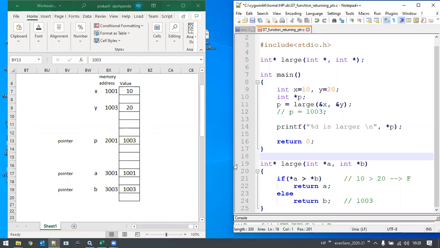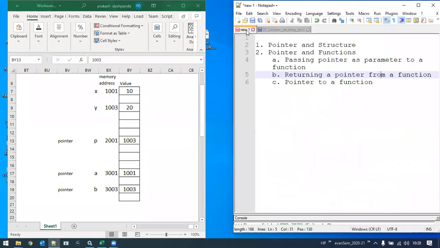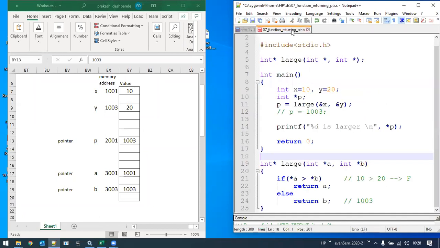Okay, now fine. Now let's go to the next concept. The next concept, we're going to look into a pointer to a function. So pointer to a function sounds a little different, right? We can have pointers to a function. Now so far we have studied certain concepts where variables are stored in the memory, right? In the memory block, and each of those will have a memory address.